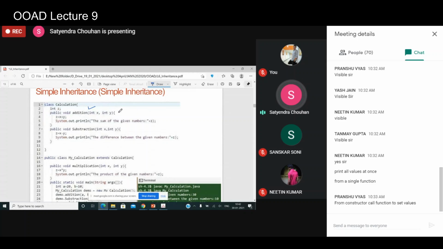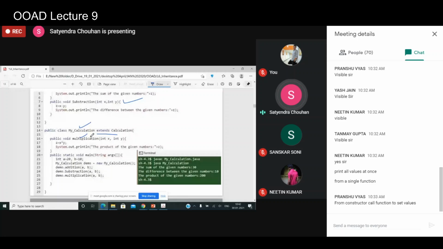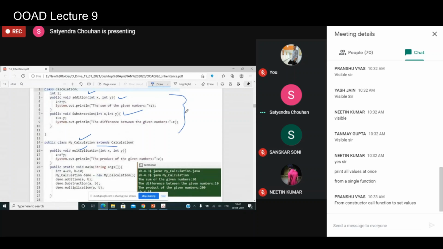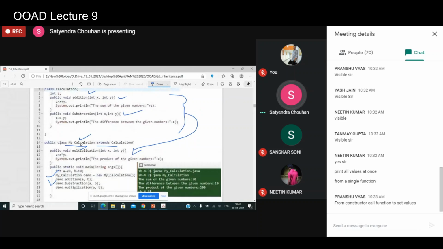For example, there are two methods, addition and subtraction, in the class calculation, and in the my calculation class, which extends calculation, you provide a method multiplication. These two methods are inherited in my calculation, and you can create an object of my calculation and call all the methods in it, as well as all the methods inherited from the calculation class.